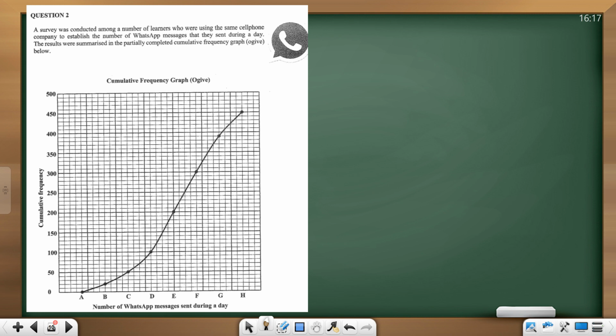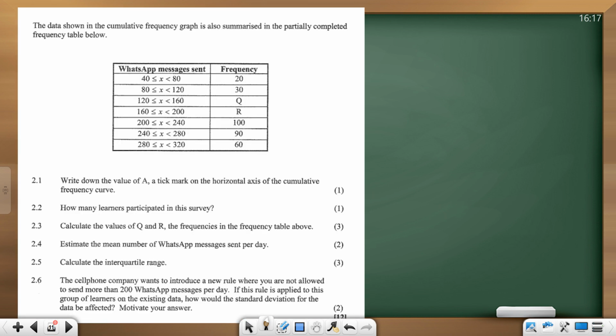I need everyone's attention. A survey was conducted among a number of learners, whether you've done it before or not. The same cell phone company to establish the number of WhatsApp messages that were sent during a day. The results were summarized in the partially completed cumulative frequency graph. Do you know why I like this question? They give us A, B, C, D, E, F, G. It's not what we're used to. We're used to numbers, and then we sketch the graph. Now we have the graph, and we need to what? Deal with it. Okay. With the data,